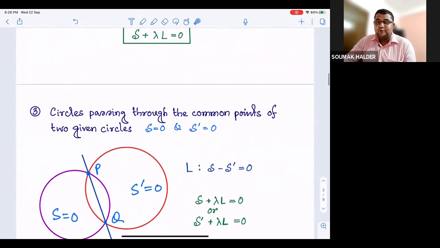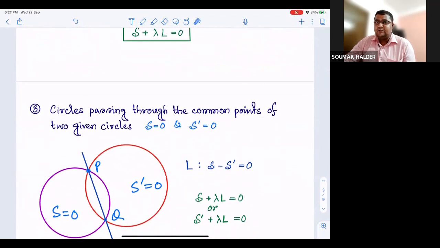So these are these two circles, S is equal to 0 and S dash is equal to 0. So they have common points P and Q. So PQ is the common chord and extension of PQ is the radical axis. And we earlier decided that radical axis and common chord, theoretically they may be different, but equation wise they are part of the same line and hence will follow the same equation. So as soon as we have got the reference line as L is equal to 0 given by S minus S dash is equal to 0,